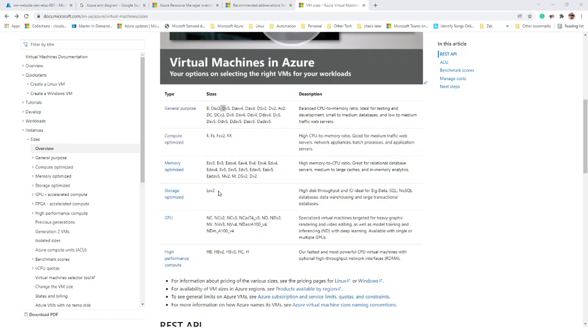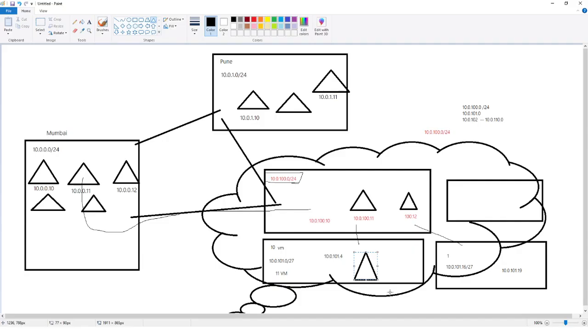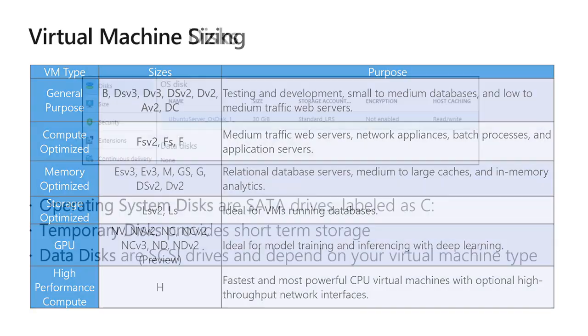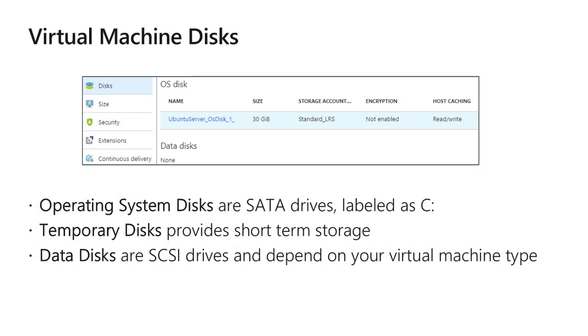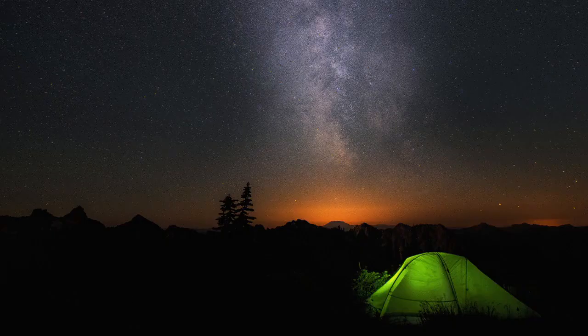Perfect. Now here is a little bit of things we need to understand. If you are trying to deploy a virtual machine, you can have three types of disk in terms of attachment. You will have an operating system disk. You will have a data disk, which is very commonly known by people. So when we are deploying a virtual machine,